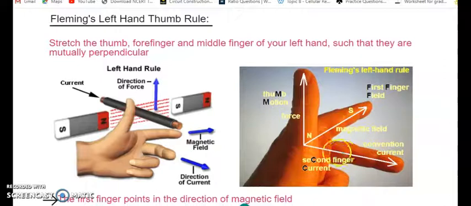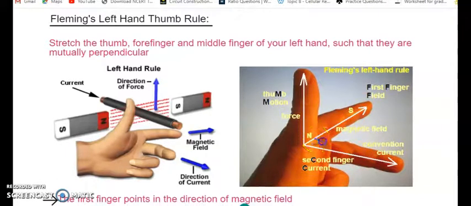And the middle finger is going to show the direction of the current. Again, the thumb is going to show you the direction of the force. The first finger is going to show you the direction of the magnetic field. The middle finger is going to show you the direction of the current. So if you hold the hand like in front of the screen, you can see that the force and the